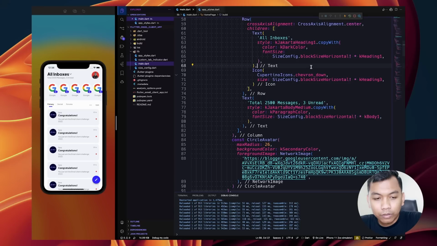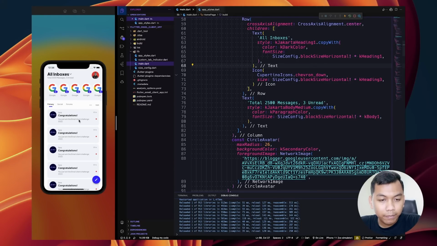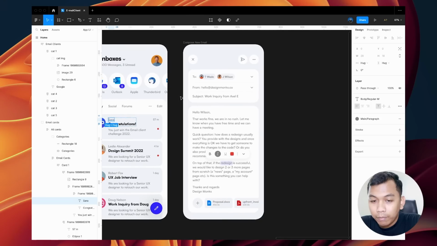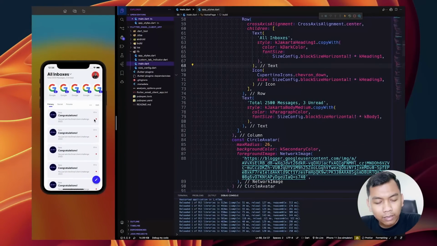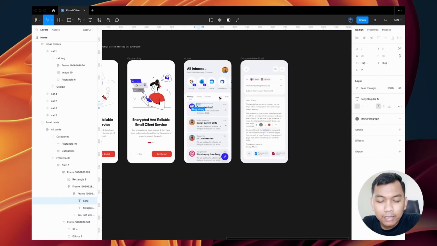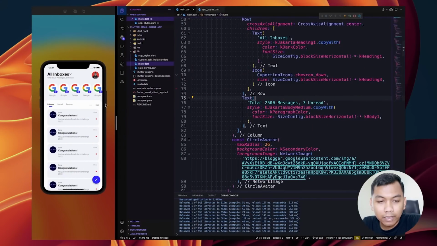Alright, so yeah, this is the app, and you can give a behavior for when you click this edit button, and if you swipe, maybe it will delete or move it to archive, or move it to trash. Alright, so yeah, this is the design, and this is the Flutter app.